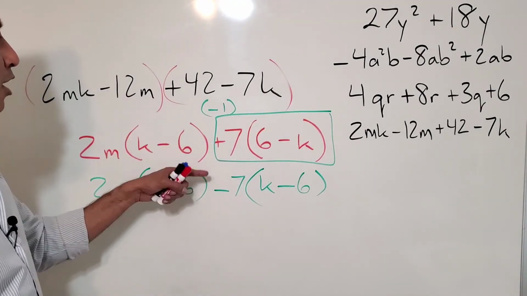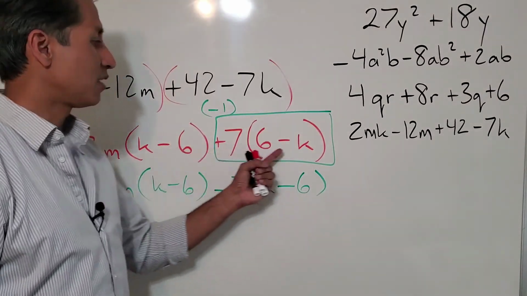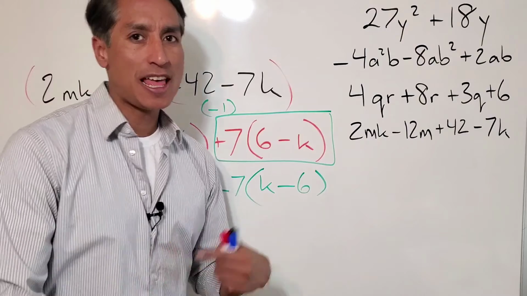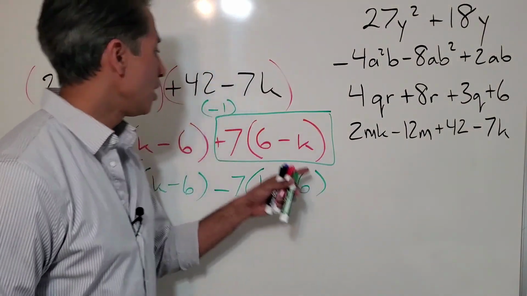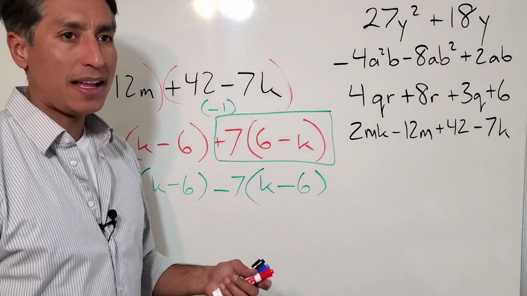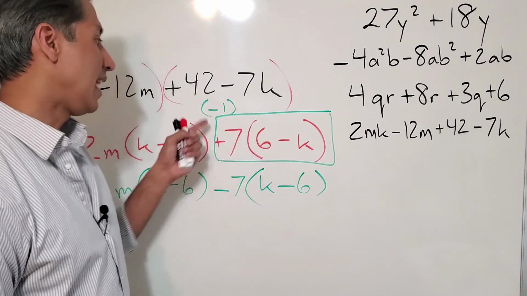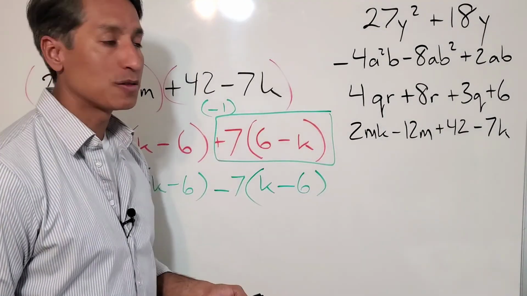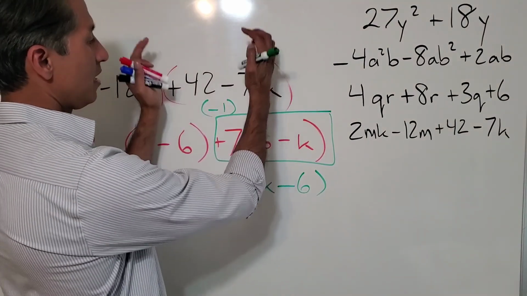Okay, and I wanted to talk about it because sometimes you're going to end up with two different binomials here, and one of them is backwards. And the only way you can really match them up or align them is multiply this series over here by a -1. That way the negative sign, the 1, doesn't change any of your numbers, and the negative sign allows you to essentially switch these two values. But because the 7 is part of the